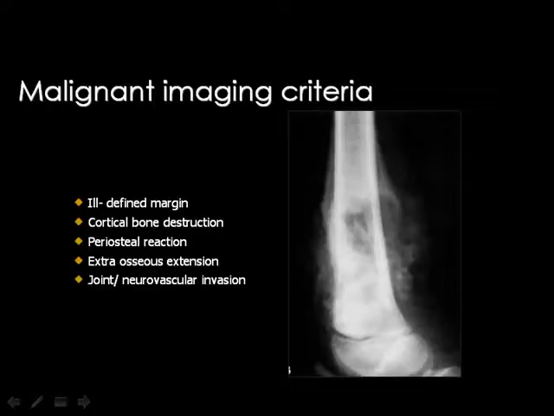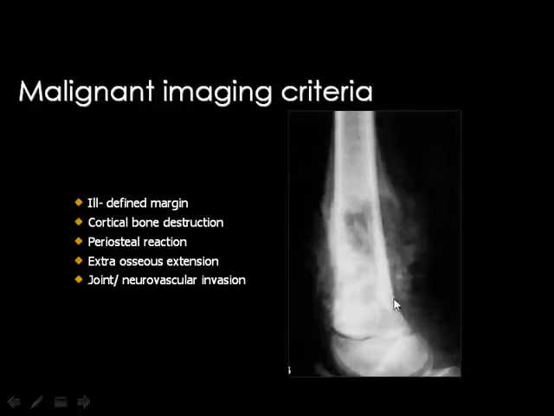The malignant criteria, number one, is ill-defined margin; the benign, well-defined margin. Cortical destruction; the benign, cortical expansion. Periosteal reaction; there is no periosteal reaction in the benign lesions. Extraosseous soft tissue component; there is no extraosseous extension in the benign lesions. Then, the two most important issues in the malignant criteria are the cortical destruction and the extraosseous soft tissue component. If you see cortical destruction and an extraosseous soft tissue component, you assume malignancy,